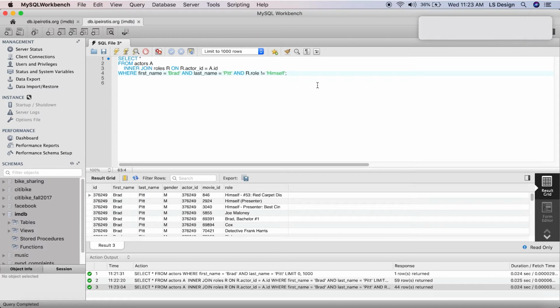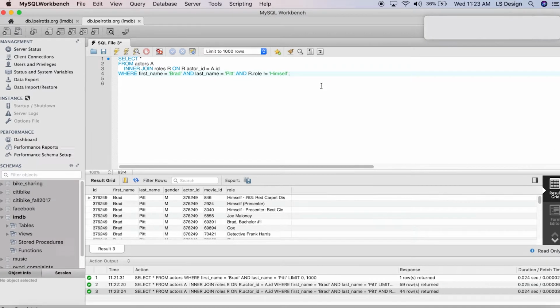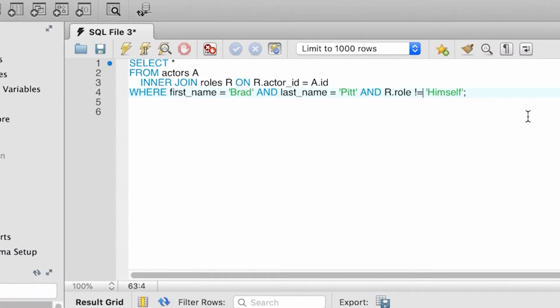We're going to use the like operator to avoid all these roles where Brad Pitt is playing himself. What we're going to do now is we're going to specify and r.role not like himself, and we're going to put percent signs before and after himself. Notice the condition.